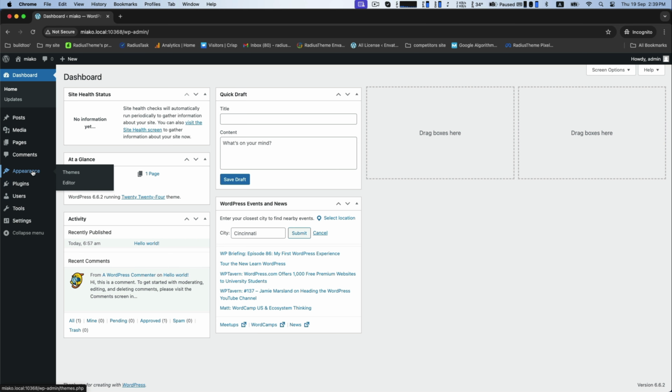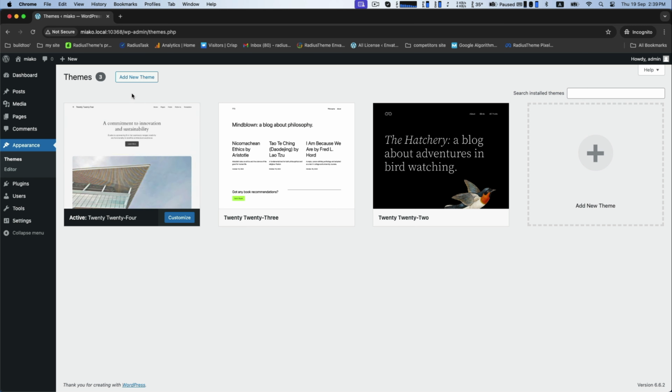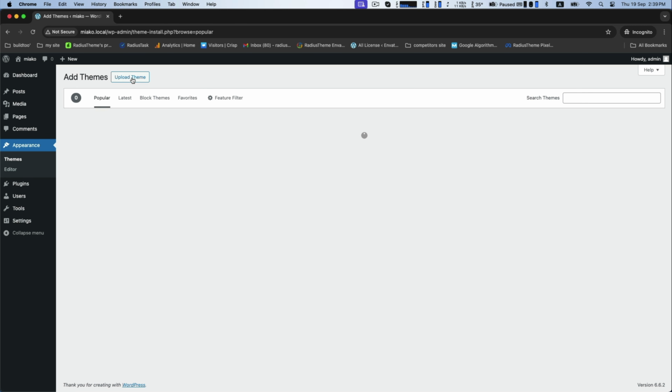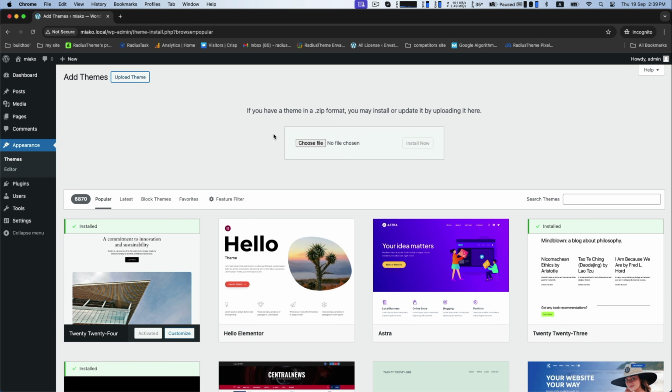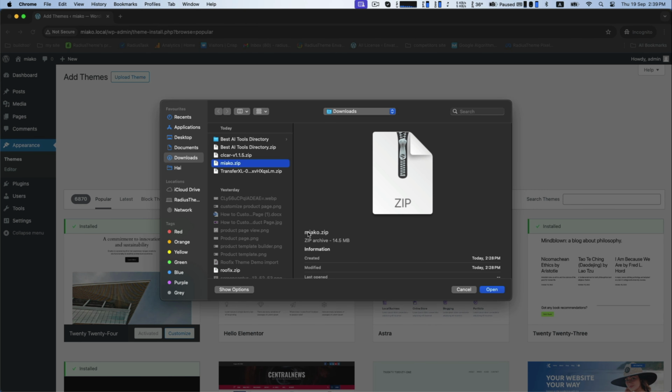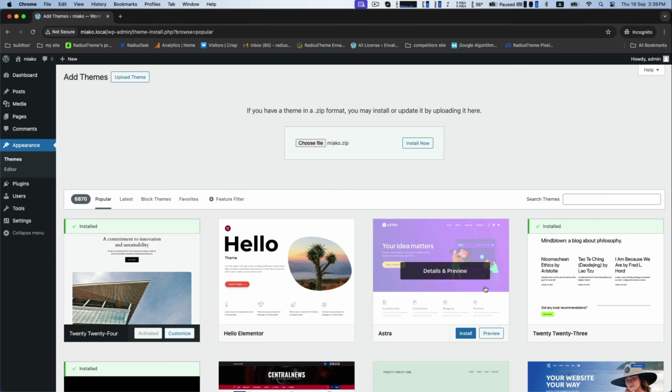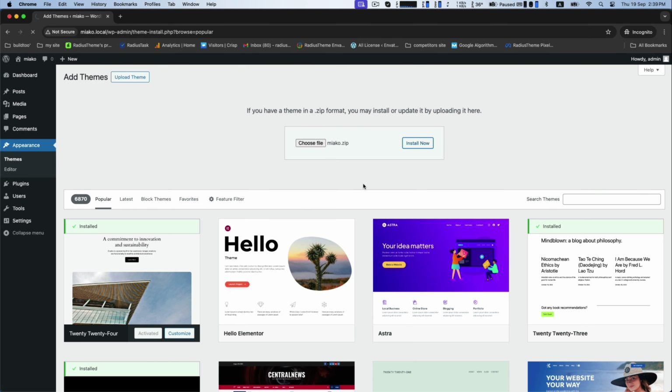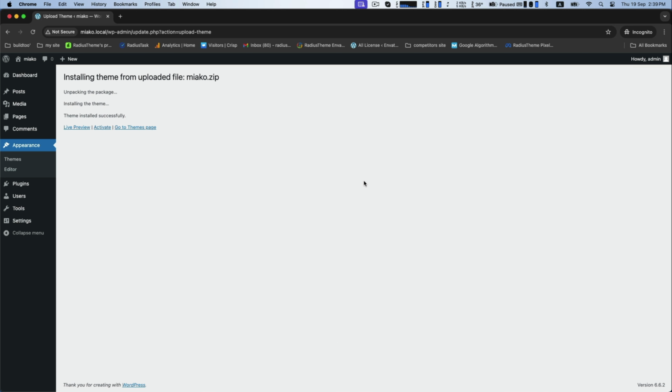For this, go to the Appearance, Theme. To add new theme, click on Upload Theme. And for choosing file, look for the exact zip file of Miako Lawyer and Law Firm WordPress theme. Click on Install Now. It will take a few seconds to be done. Now click on Activate